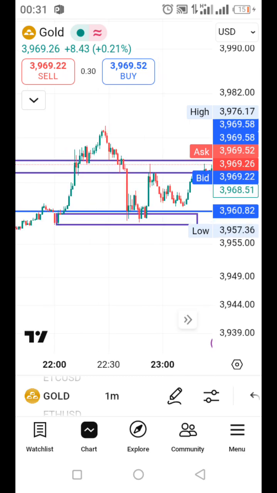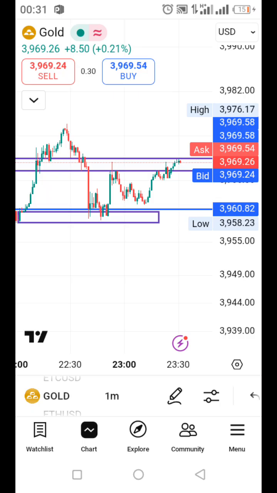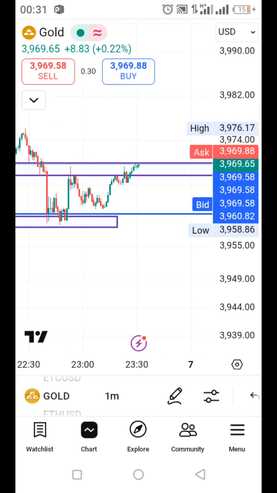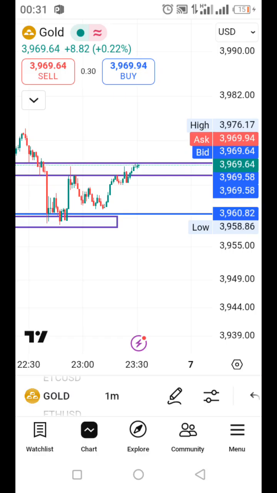Sorry guys, I went to get something. Now you see how price is moving. Are you seeing something? Now the only way you can know how to trade is when you begin to understand market structure. If you can't understand market structure,